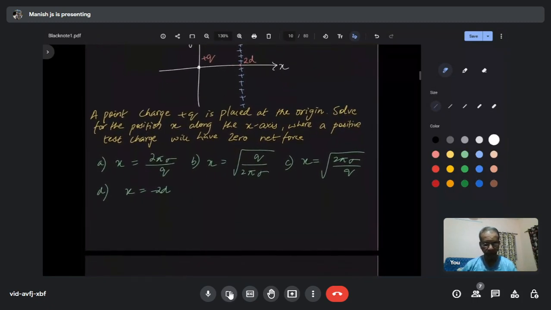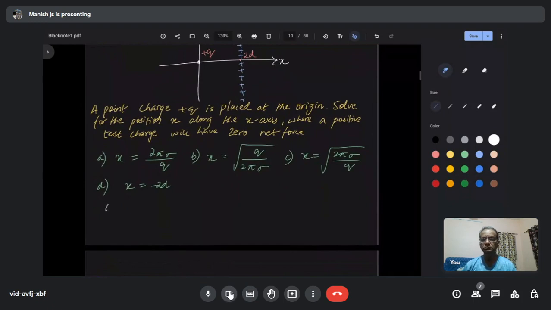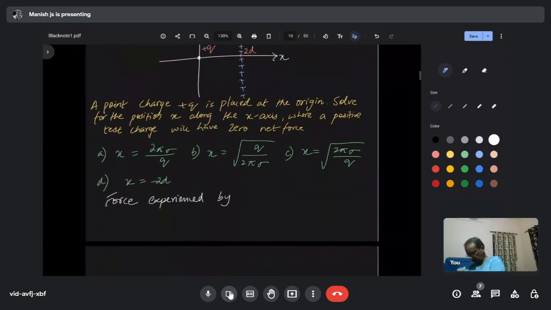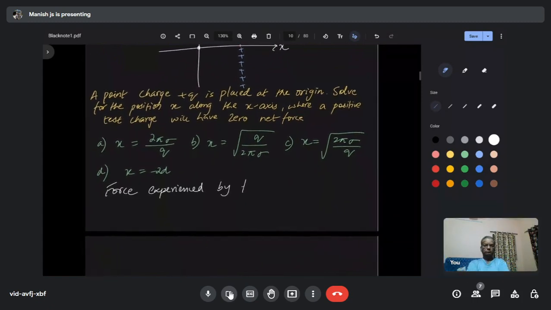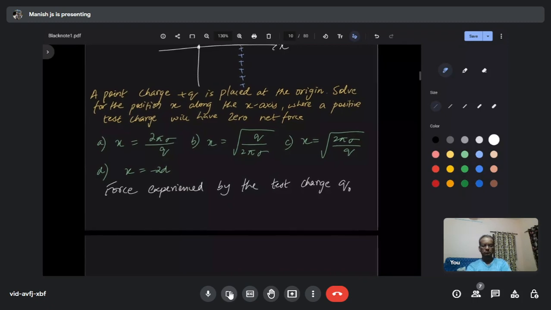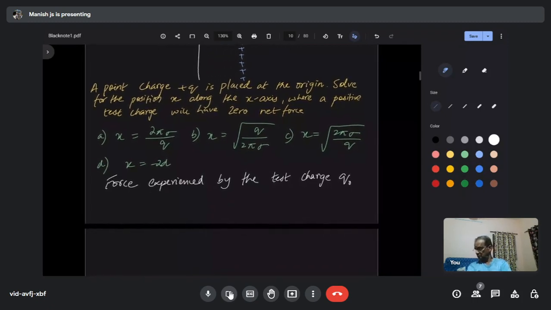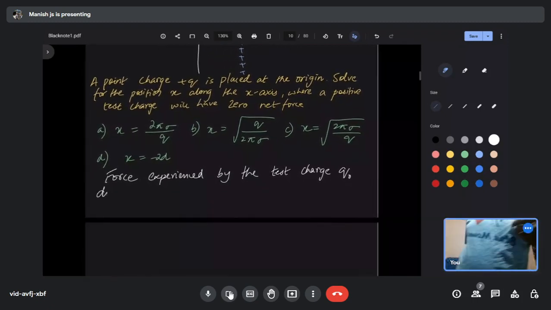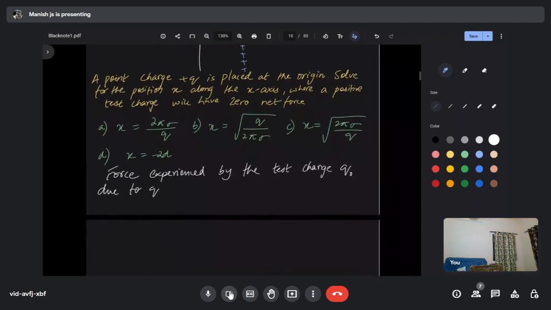The test charge we always represent as q naught. So the force experienced by the test charge q naught due to the charge q